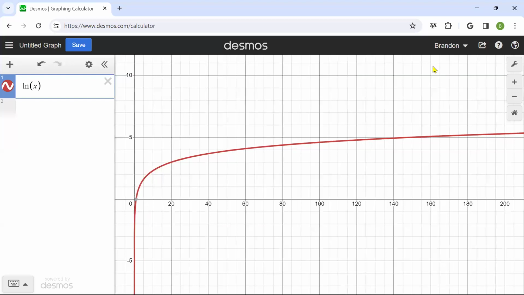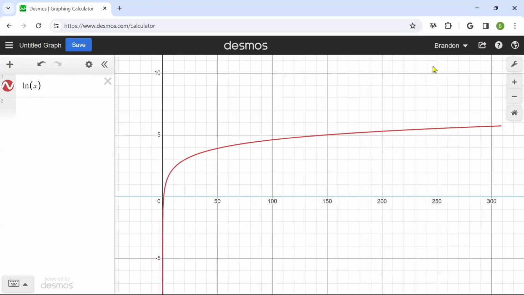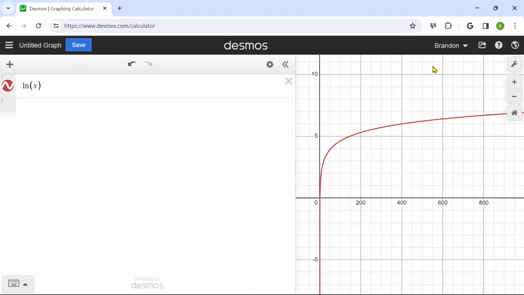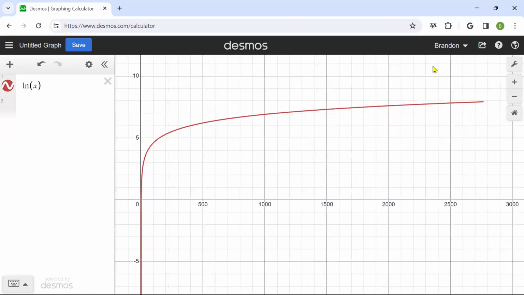Uh-oh, something got resized there. Does it level off at 10? And you're like, well, surely it'll level off at 10. Oh man, this touchscreen is not doing me any favors today, huh?